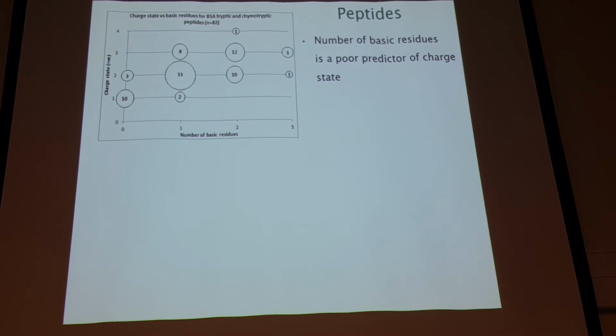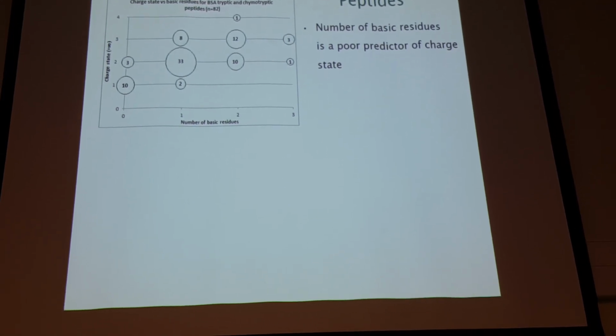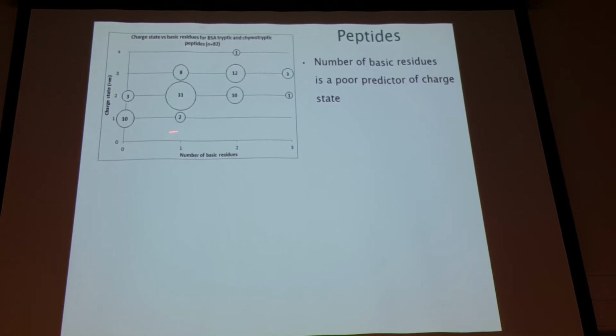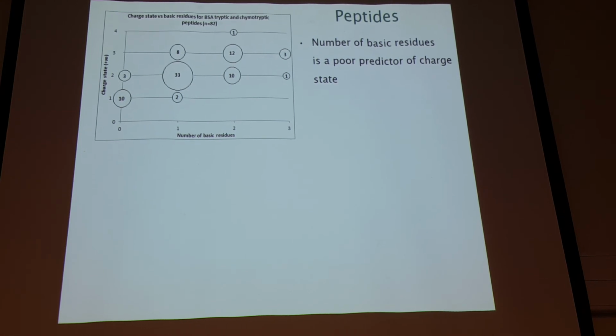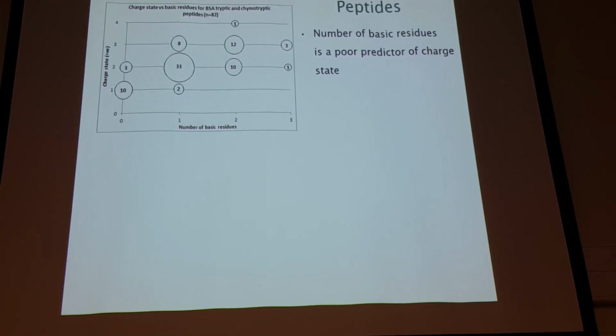I have done the experiment, okay? This is with tryptic and chymotryptic peptides from BSA. 82 different peptides. If you plot here the number of basic residues against the charge state, what you see is there is no real relationship between them. Pretty much random. However, if you take